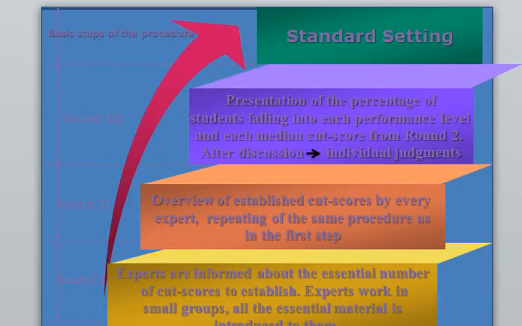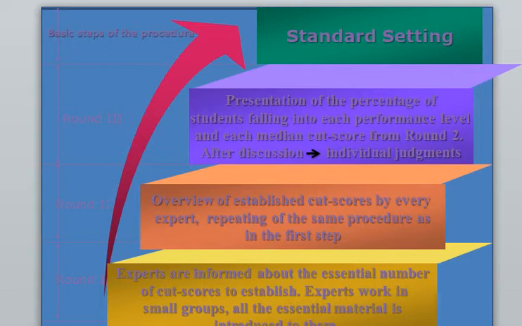When experts work on this method, they follow this basic procedure. They work basically in 3 rounds and then finally set the standard. In round first, experts are informed about the essential number of cut scores to establish.